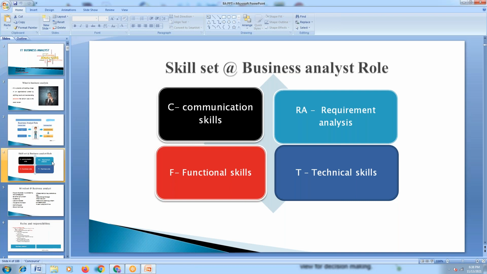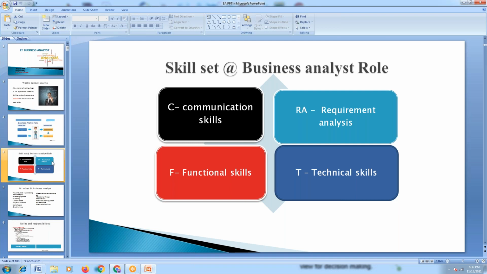Sometimes there is a possibility that you have to prepare some documentation. Hence, what is needed? You need to have some written communication apart from verbal communication as well. Now, apart from written communication, what else is required? You need to have some good listening skills. Assume that you may be good at verbal communication, but you cannot expect the same from the client. The client may not be as communicative as you are. So you need to have some good listening skills here. This is essential and important.